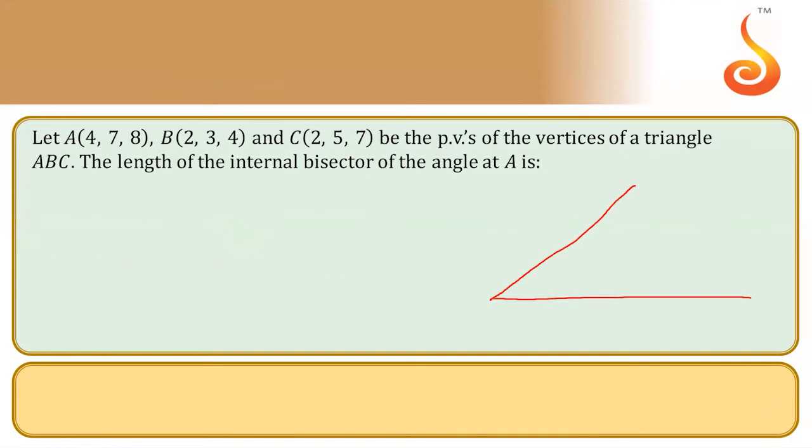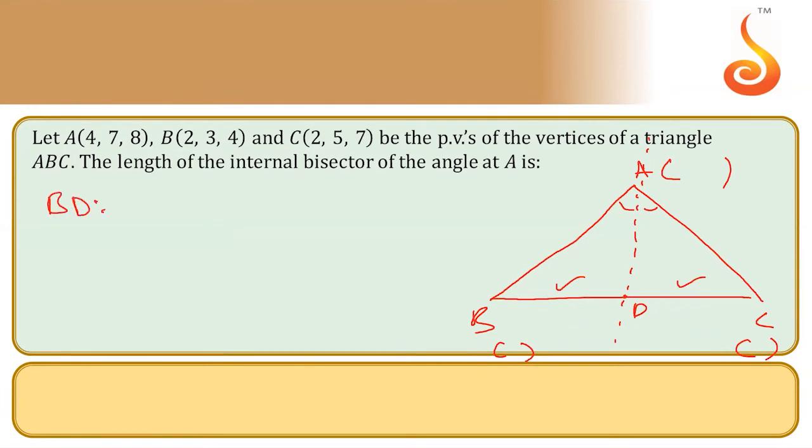How to calculate length of internal angle bisector? This is A, B, C. So this is internal angle bisector AD. So AD meets BC at D. Basically, you want to calculate AD, A is already given. A is given, B is given, C is given. So that means if you want to find D coordinates, we want this ratio. This ratio is required. So BD is to DC equal to AB is to AC. That's the property. BD is to DC equal to AB is to AC. So calculate AB is to AC. What comes? Let us find.